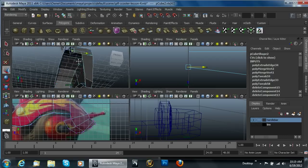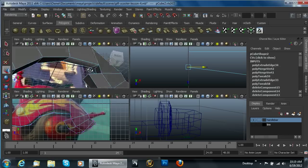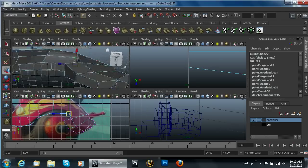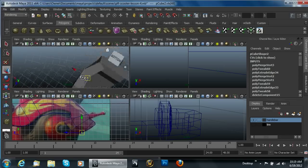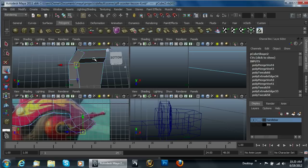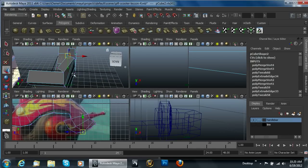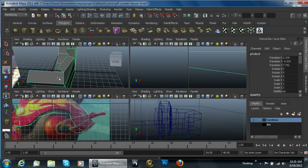Alright, so that one's flat back to where it should be. Now, I'm going to go ahead and select these two vertices and hit merge, like so. Same thing here. Grab those two vertices, hit merge. And this one here, it's going to be a little tricky. It needs to connect into here somehow. But because it doesn't,